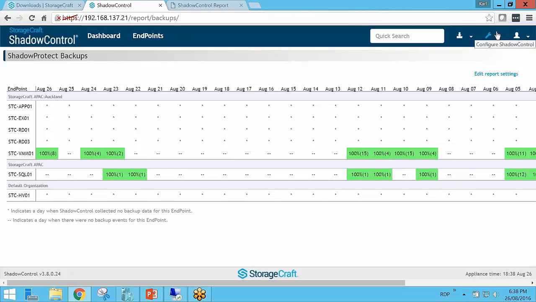I don't want to go into too much detail, but there's a great overview on using ShadowControl for deployment, using the push install and automation by having those policies in place to automatically start managing those backups. Again, it works really well in a multi-tenancy scenario or otherwise for a larger customer or a larger environment, again, running your own ShadowControl. As I mentioned, it's totally free, really great way to reduce sort of having these emails from every ShadowProtect and Image Manager sending emails on failures or notifications, is to centralize this in this great centralized